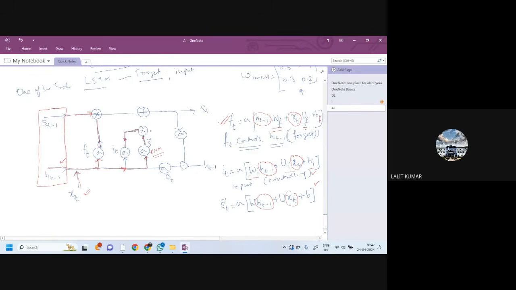So we get the output from here. Similarly, this forget gate, which I have obtained here, FT, I multiply by this ST minus 1. So ST will become, this is ST, ST is equal to FT dot ST minus 1 plus, basically,